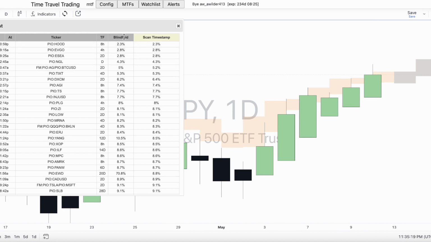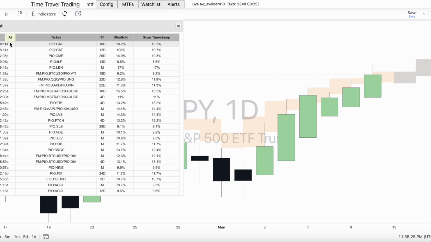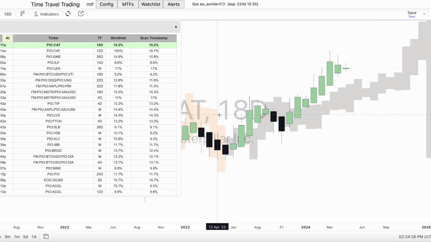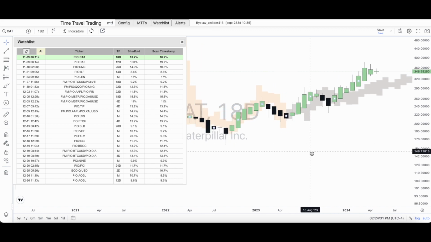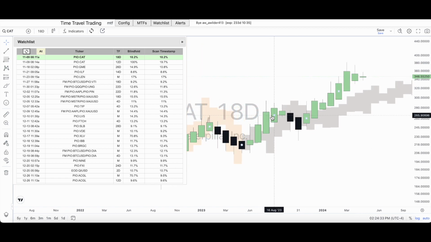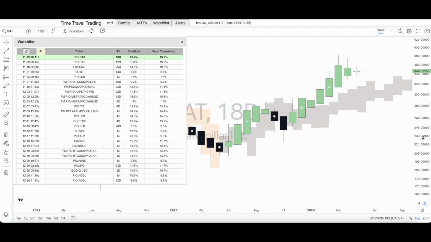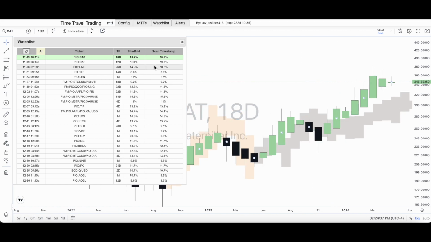So let's just take a look at one of the things that we have done with this watch list feature. I'm going to sort by the time of the timestamp and just pick the first one here. So we've got the CAT 18-day projection here. And let me just make it so that you can see it a little better. Okay, so we're at about 10.2% standard deviation from the actual data at the blindfold point and at the scan